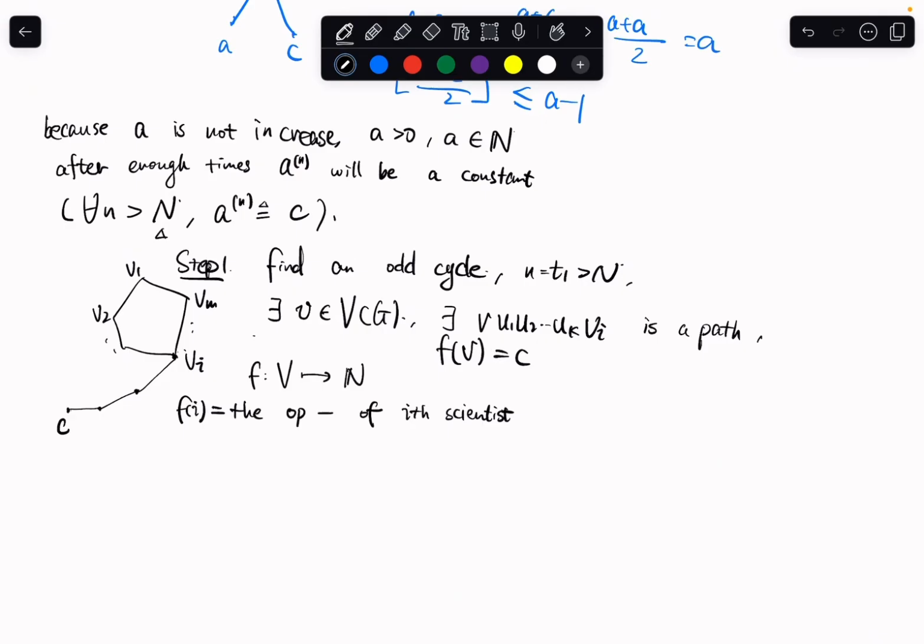F equals to C, then we have that t1 minus 1, at this time, it confirms that u1, t1 minus 1, f